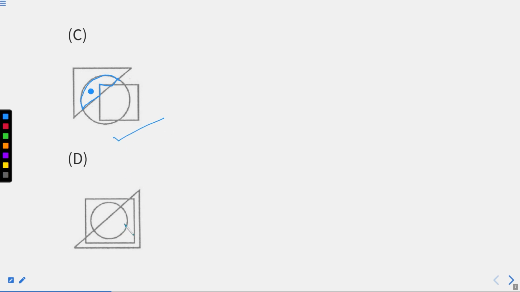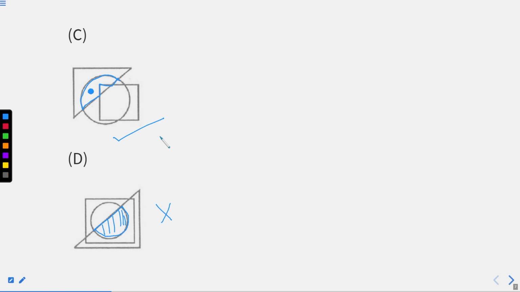And if you look at this part, again the triangle and the circle have a common part, which is totally inside the square. So this is also not your answer. Only 1 out of 4 is satisfying the situation, right? Hence option C is your answer. I hope you understand the method that we are following for solving a dot problem.